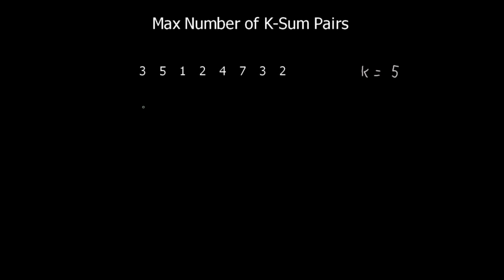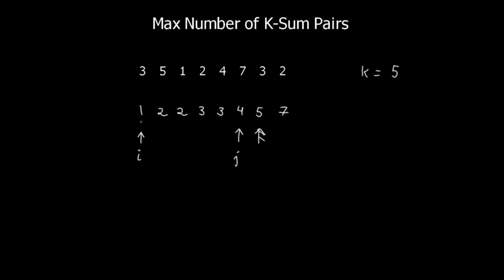We start by sorting the given array. Then we need two pointers, one pointing at the first location, let us call this i, and another pointing at the last location, let us call this j. Currently we can see that if we sum these values, that is the ones being pointed by i and j, then it is 8, which is definitely greater than our required k, which is 5. And therefore we decrease the value of j, and j starts pointing here. Again 5 plus 1 is 6, it is greater than the required k, and therefore j reaches here.